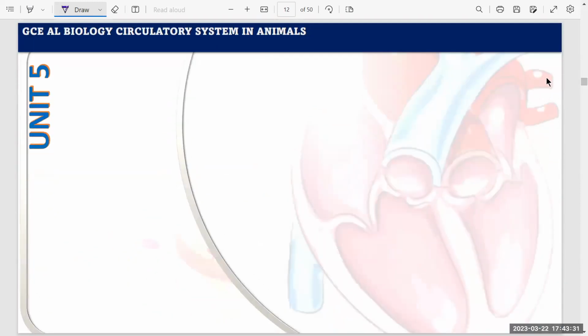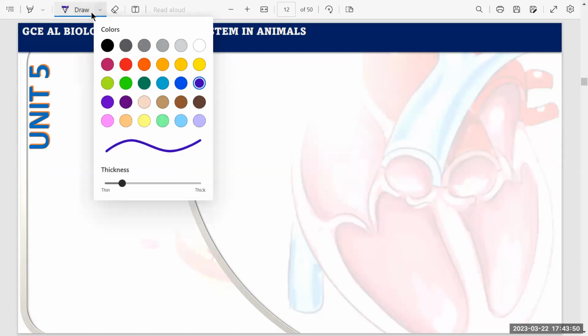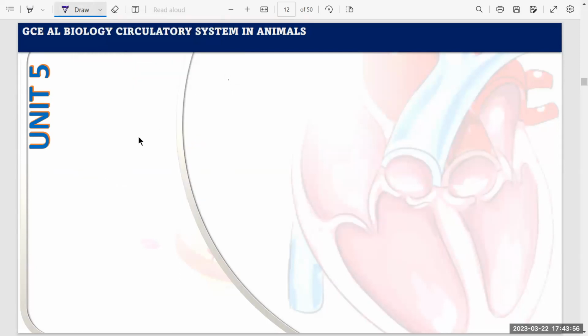Now, if you look at the notes I sent you recently on WhatsApp, lesson number 20, composition and major functions of the blood. Before we come to analyze the composition,